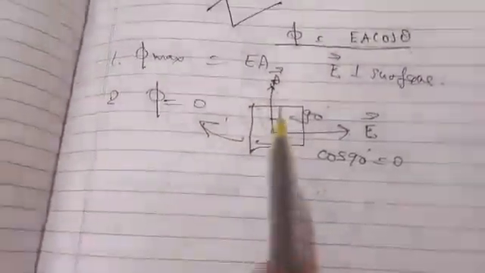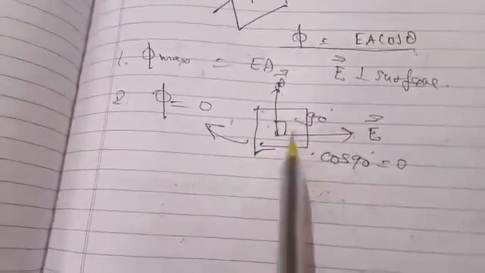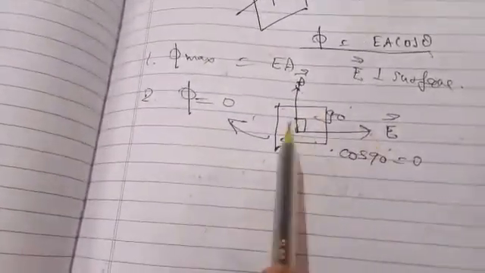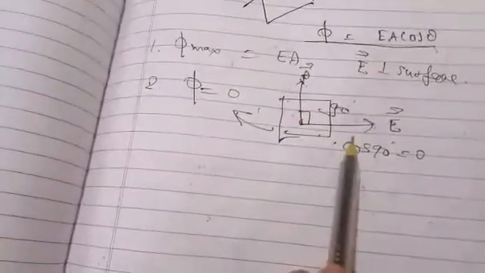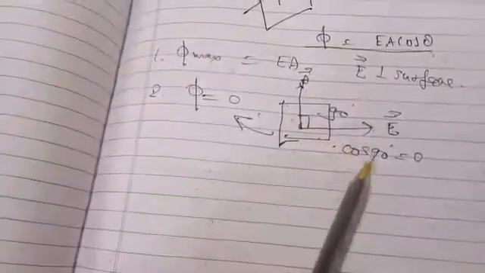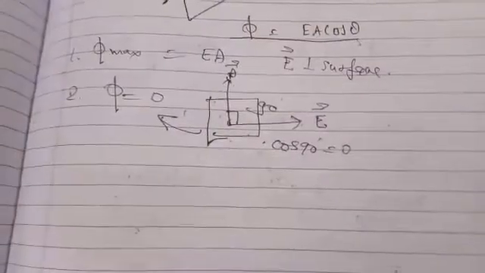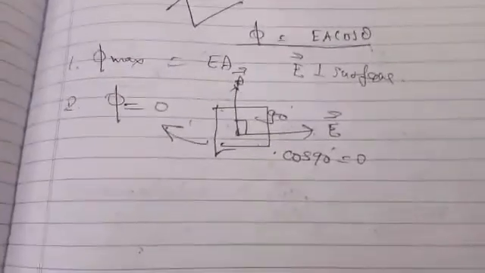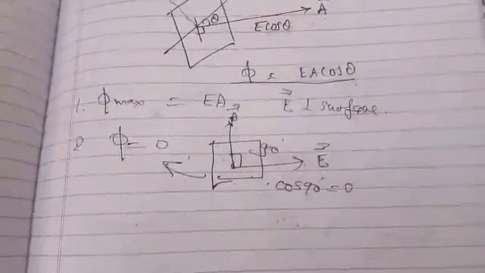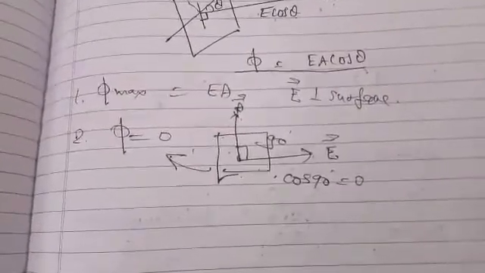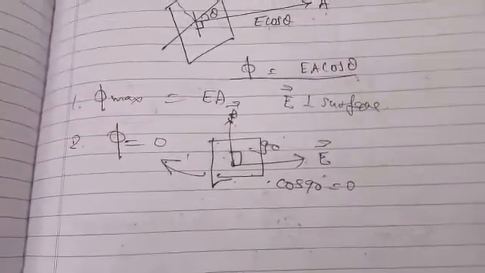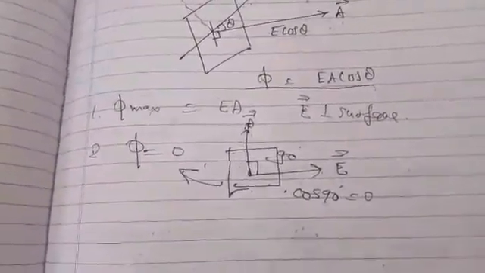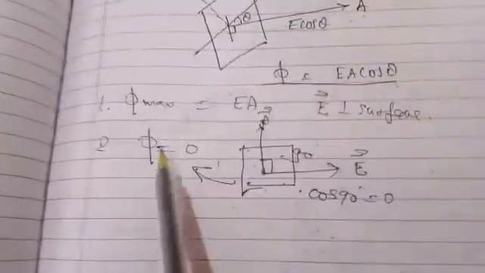Why is this going to happen? Because this time the area vector and the electric field are perpendicular to each other. Suppose you are standing on the ground and someone fires a bullet at you, it will hit you. But if you are lying on the ground and the person firing at you is blind, shooting in that direction, no bullet will strike your body or enter it. In the same way, no electric field will pass through the surface in this situation.